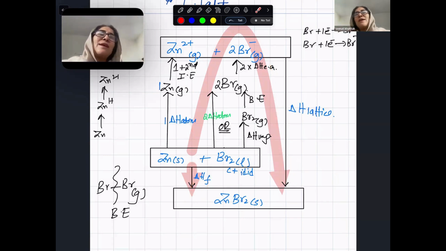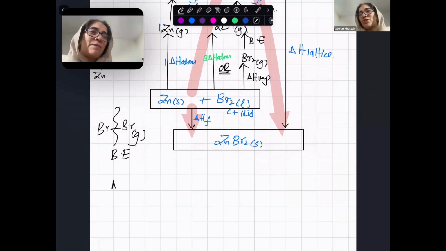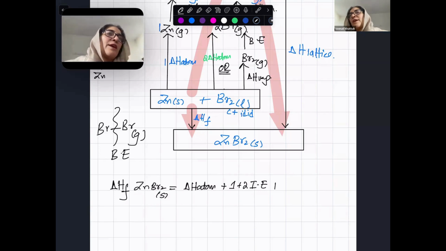So whatever is unknown, you can find, but for that, the rest must be known. So can we say that the enthalpy change of formation of zinc bromide solid is equal to atomization of zinc, plus first plus second ionization energy of zinc, plus 2 atomization, which is equal to